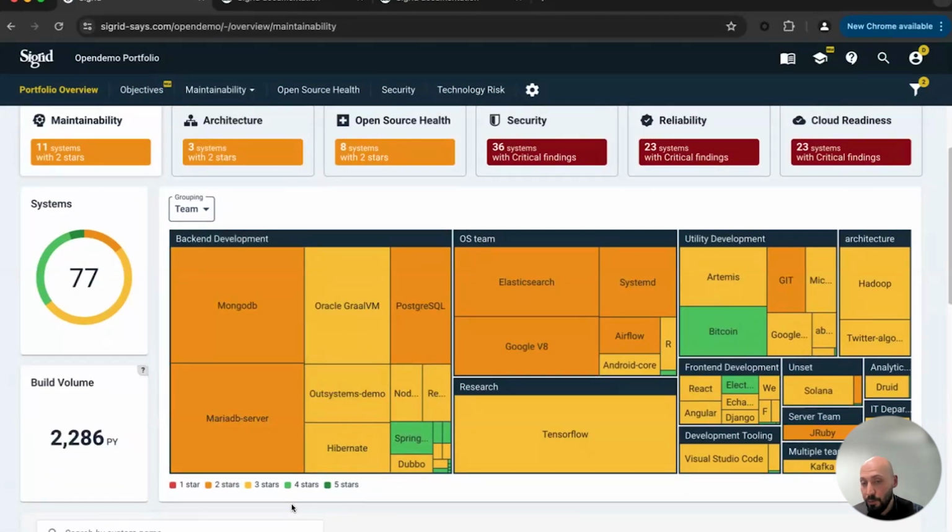As you might know, our benchmark is divided into 5 levels. The third level is market average, which we also call 3 stars. So everything that you see in yellow is market average. It's doing relatively average to the IT market. Green is actually better, above market average, and orange is below market average.